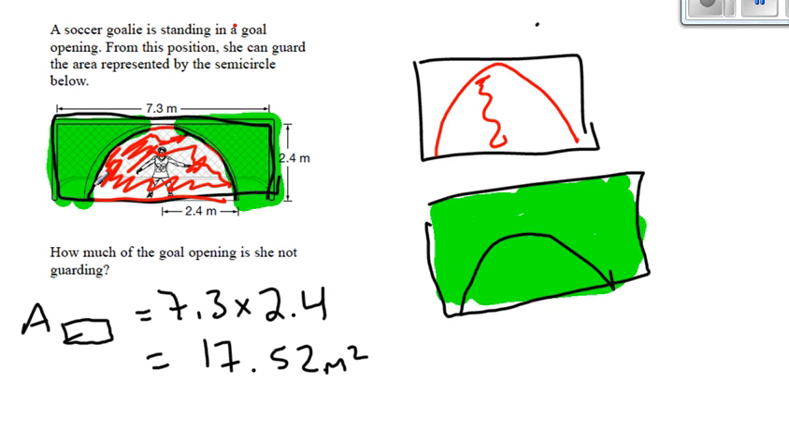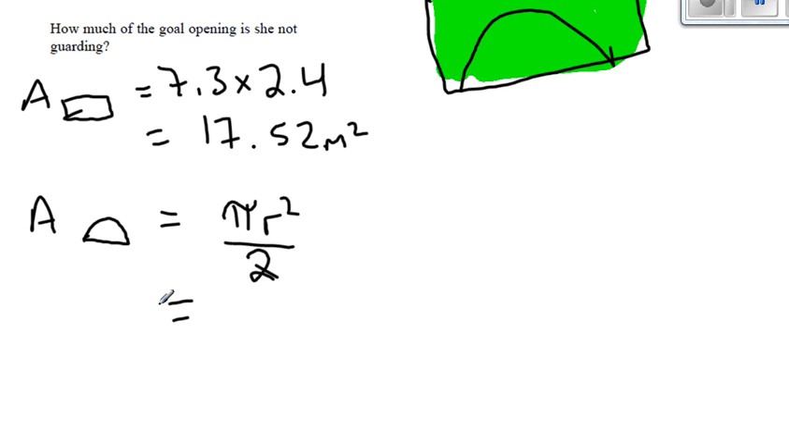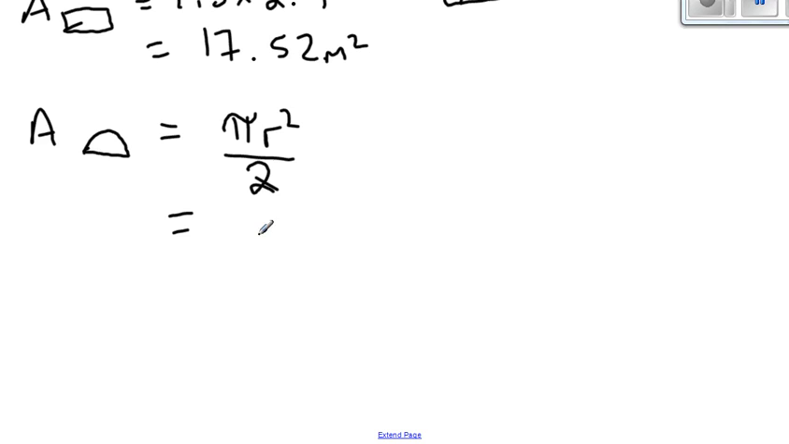However, she is not on the sidelines. She is standing where she's supposed to stand, and therefore she can guard a semicircle. So the area of a semicircle is pi r squared divided by 2, because that's exactly half a circle. So what's the radius of the circle she's guarding? Well, you can see here it's marked as 2.4. So pi times 2.4 meters squared divided by 2 gives me